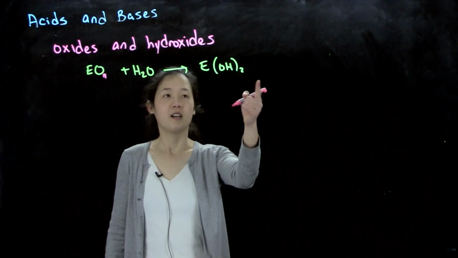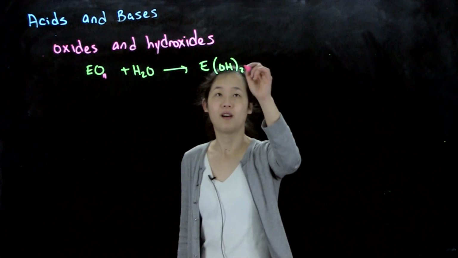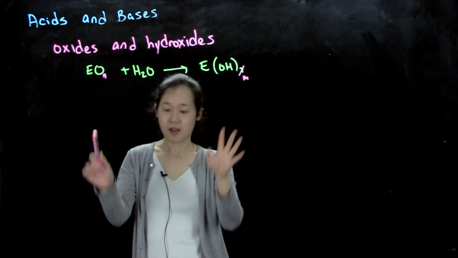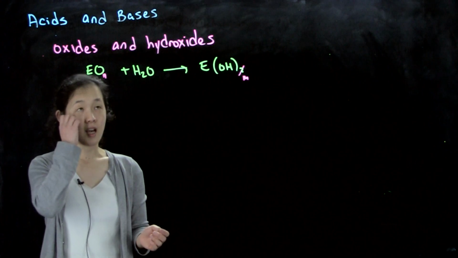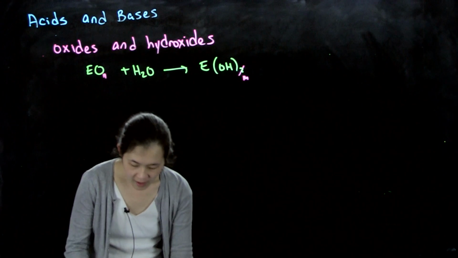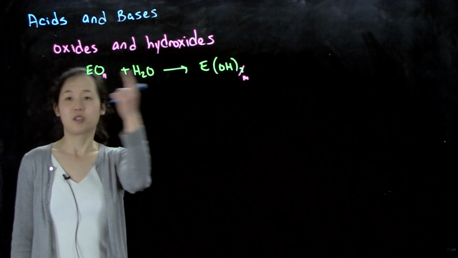And then we have maybe greater than 2 in the final product. So I'll just put maybe M, something like that, as long as you're stoichiometrically balanced. So what makes them acidic or basic? That has to do with electronegativity. So the basic idea is that if we have our element hydroxide, which could come from an oxide,